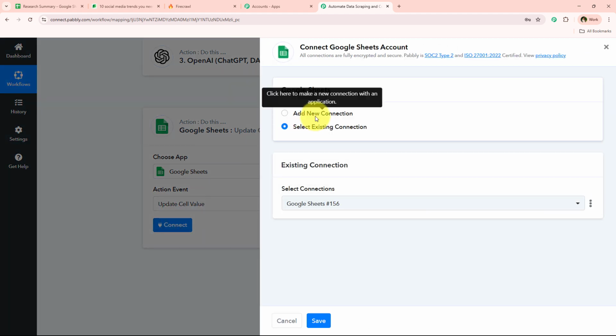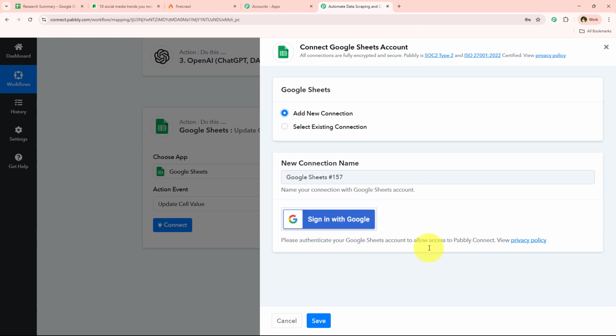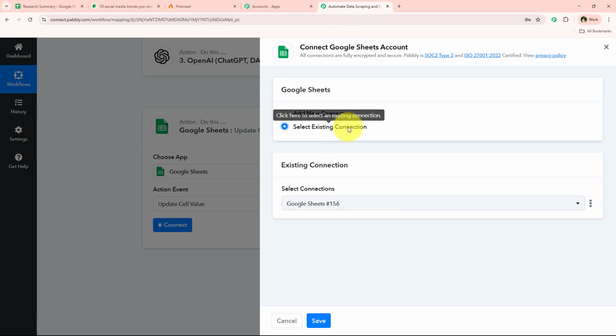Once again it is asking me for the same, so if you haven't connected your Google Sheets account, you can go towards this add a new connection, sign in with Google. Pabbly is going to ask you to select your Gmail account with the help of which you're going to connect your Google Sheets. And after selecting your Gmail account, Pabbly is going to ask you for some permissions, and once you give Pabbly all the permissions it is asking for, your data will be secure with Pabbly and your Google Sheets account will be connected. I've already connected my Google Sheets account, so I'm simply going to go towards this select existing connection